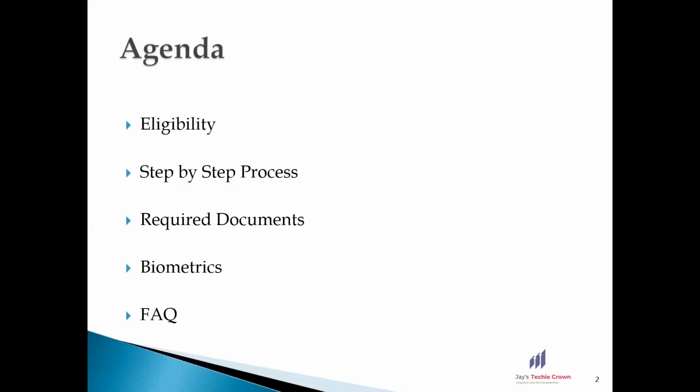Also, a person who is on non-immigrant visa, nothing but H1B, whose visa has got denied or nearing the max out, can change to B2 visa in order to maintain the legal status. Also, we are going to discuss about the step-by-step process in filing the extension or change of status and the list of documents that are required in order to process the B2 extension or change of status and the biometrics and the frequently asked questions.